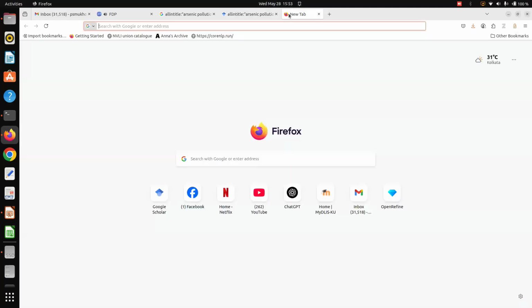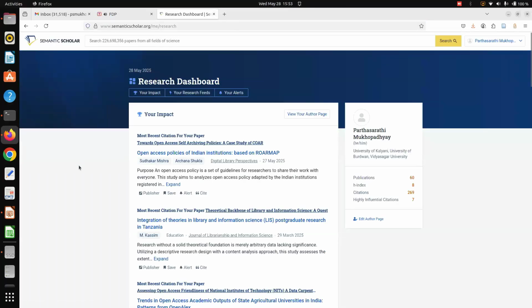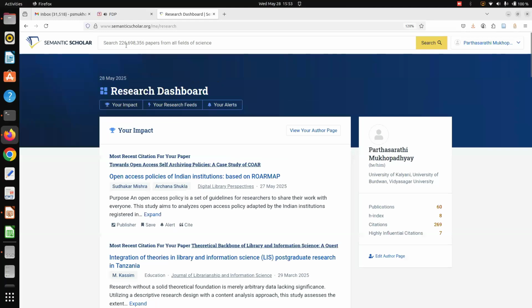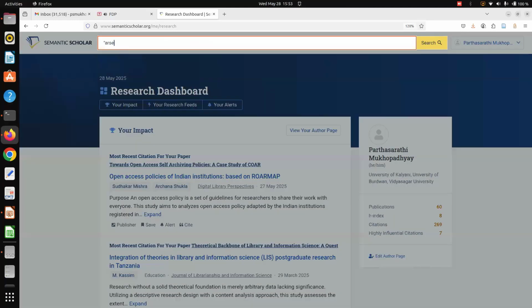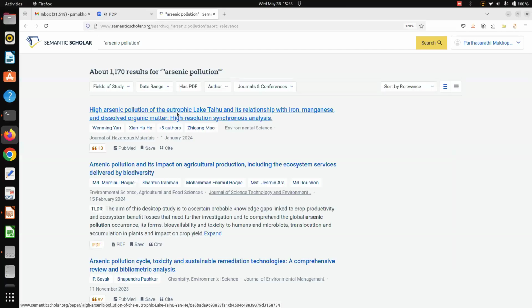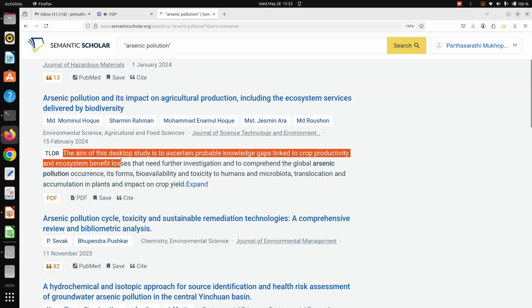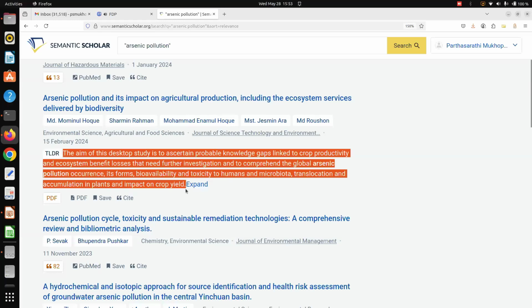Nowadays, I will show you side by side 3 generations of semantic search engines based on large language models. First one, the simple Semantic Scholar developed by the Allen Institute. What is the beauty here of this Semantic Scholar? I am searching the same, arsenic pollution, as a phrase here. Still, it is keyword-based searching, but you see how slowly artificial intelligence and large language models are fused inside search technology. So this is the first generation, Semantic Scholar.